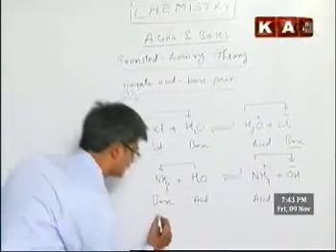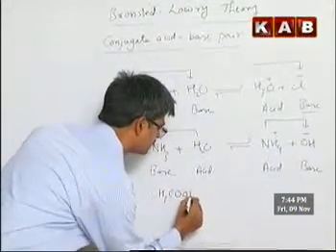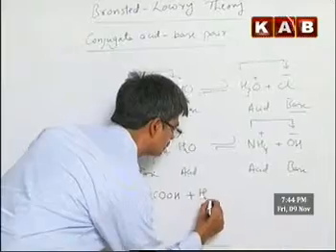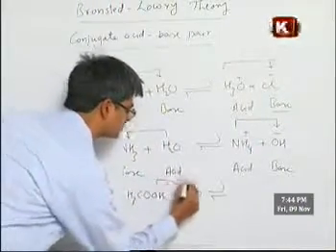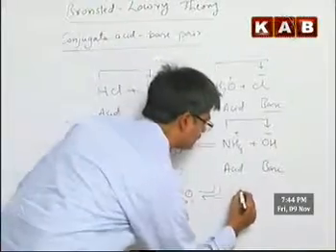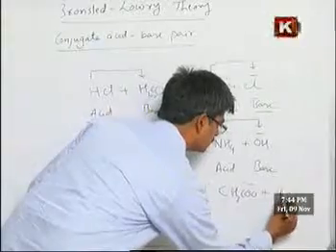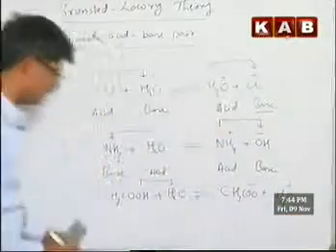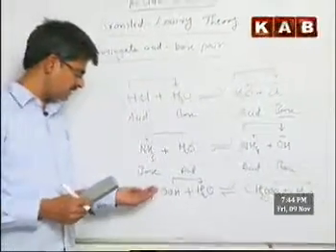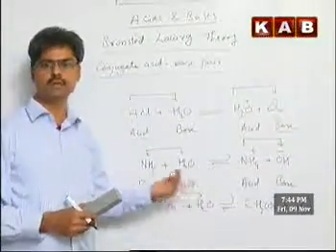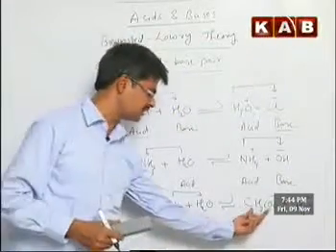Similarly, consider another example like a very weak acid. Let us take acetic acid plus water. In this one, acetic acid donates one proton to water, therefore we have acetate ion, and in this case H3O+. Here acetic acid is a weaker acid, therefore it has a very low tendency to give a proton to water, and thereby this exists as acetate ion.